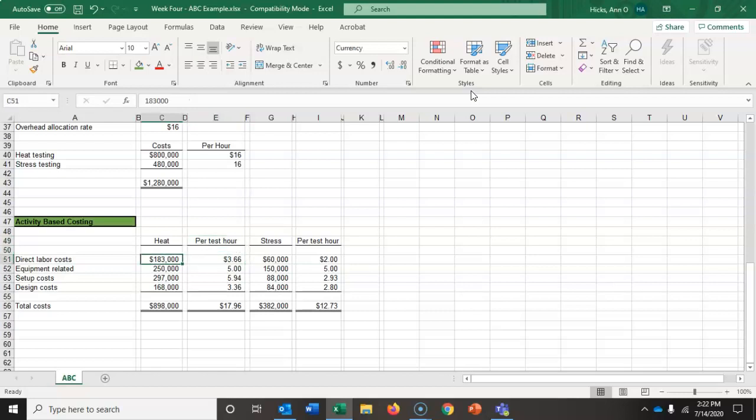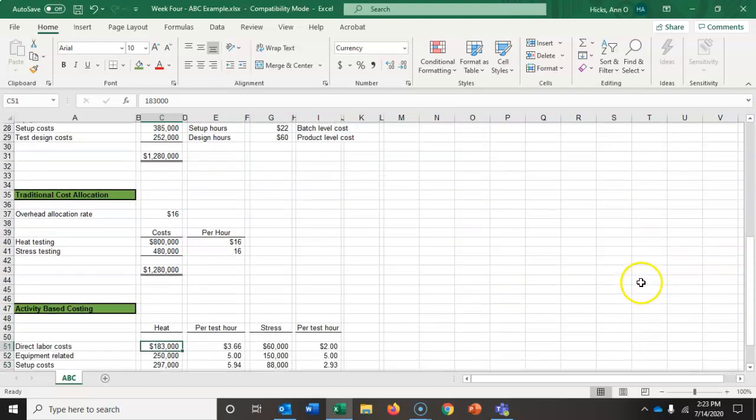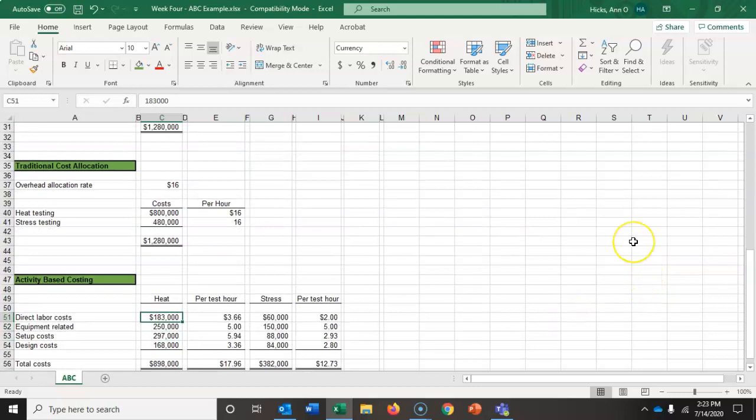So direct labor costs, we were able to go in, look at the direct labor, and we determined that $183,000 was spent on heat testing and $60,000 on stress testing. Remember, those are direct costs. They don't need to be allocated. We basically looked at timesheets, if you will. Equipment related, remember, we are going to allocate based on